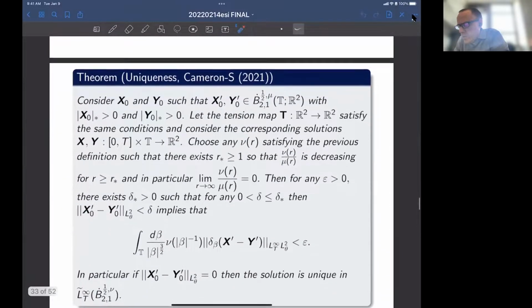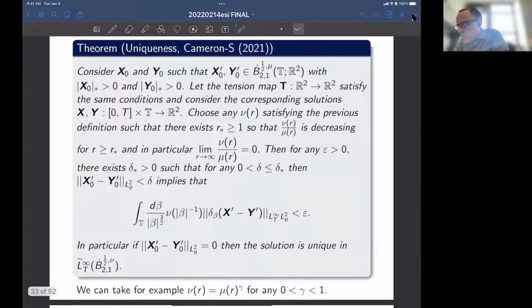And so we actually have two uniqueness theorems. For the quantitative theorem, we have uniqueness in any logarithmically slightly more regular space. Without adding any assumptions on the tension map or anything else, if you have two solutions in B dot 1/2 mu 2 1 that satisfy the Courtart condition, and if you have any nu, a different logarithmic regularity function satisfying the previous definition, such that nu over mu is decreasing eventually and goes to 0, so mu